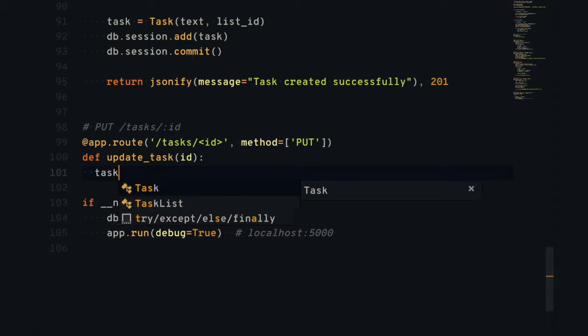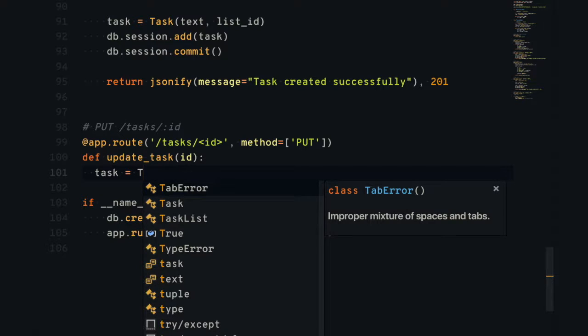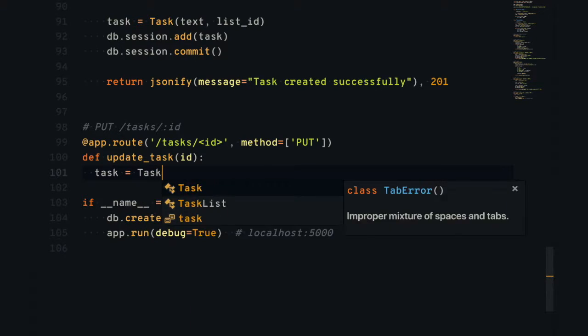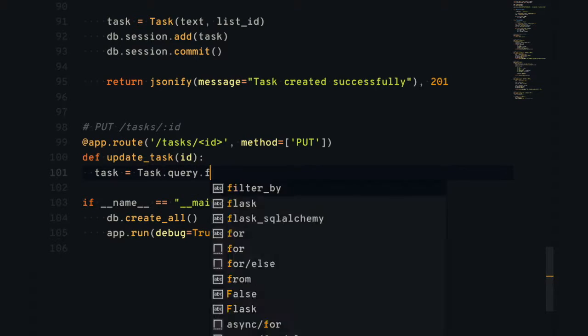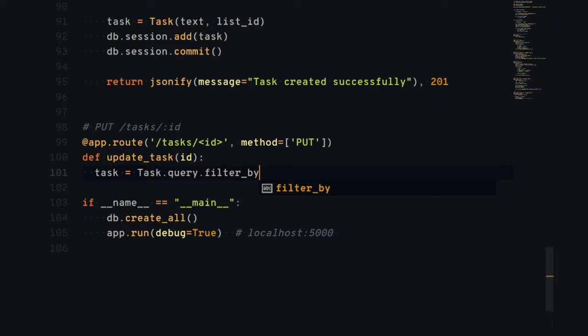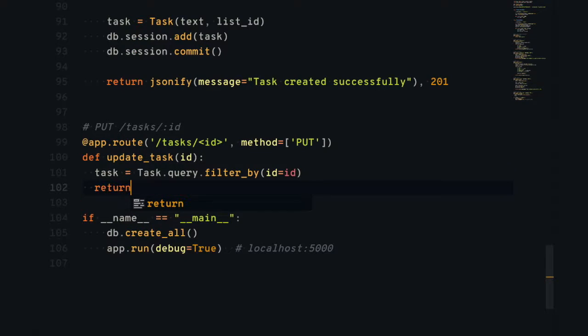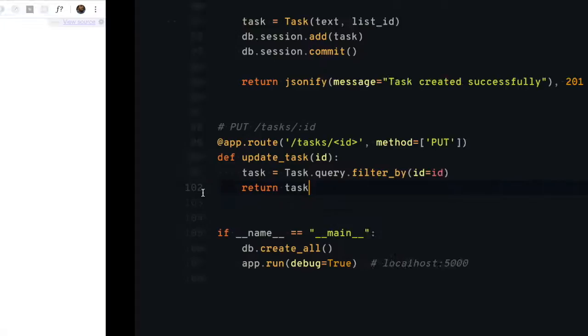So we will use task equals to the name of the class, Task dot query, filter by id equals to the id that we have received in this function, and we will just return this task for now to see what happens. So we will save,